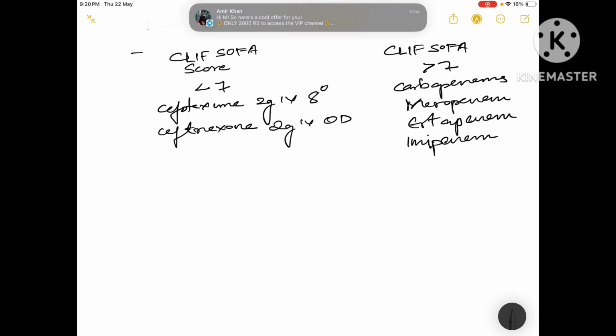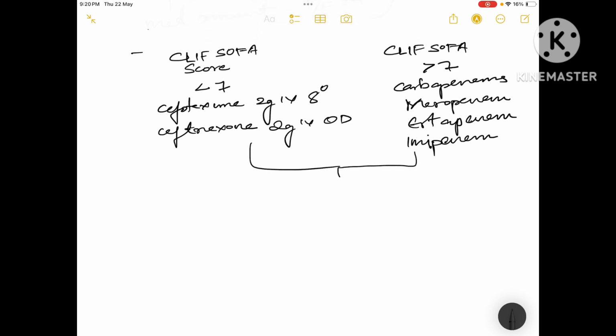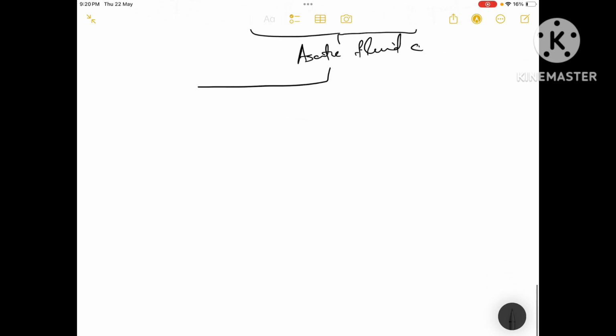Okay, so by that time we start the empirical antibiotic therapy. By that time our ascitic fluid PMN count will come. Okay, ascitic fluid culture will come by that time. So from that we have to see whether the PMN count is more than or equal to 250 cells per microliter. Okay, if it is more than 250 cells per microliter, we can almost confirm that it is SBP, there is spontaneous bacterial peritonitis. So we already started the antibiotics, so we have to give albumin, supportive treatment with albumin